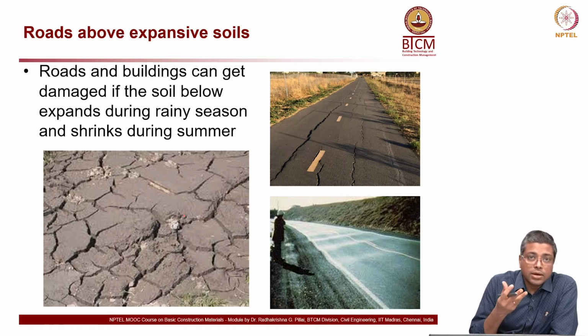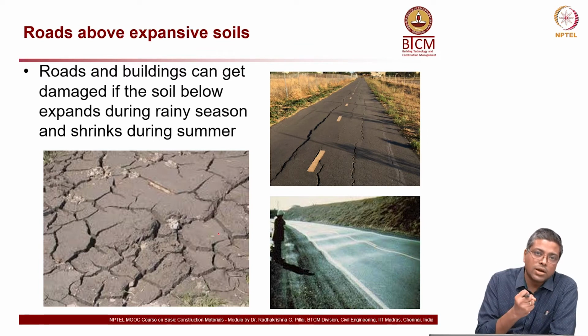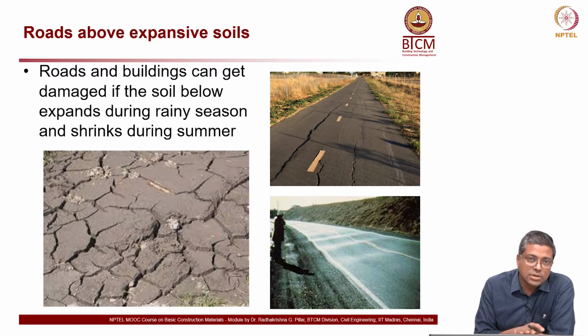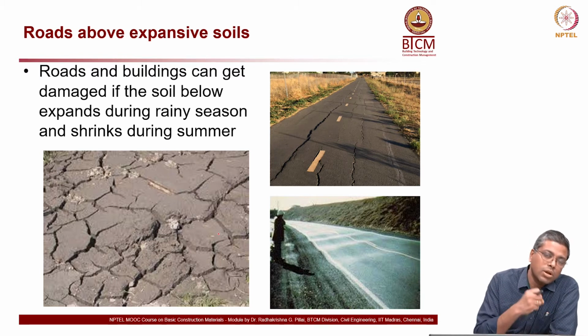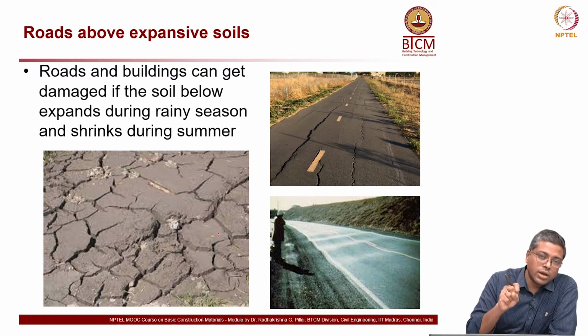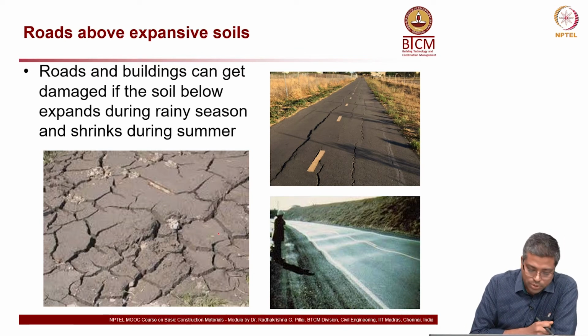If you go to a paddy field, you will see that during summer the clay shrinks and you will see cracks. When the rainy season comes, this same clay will absorb the water and expand, closing all the cracks. So in the same paddy field during the rainy season, you will not see any cracks, but during the summer all that water evaporates, the soil starts shrinking, and this leads to cracking in a map pattern, with no regular pattern.